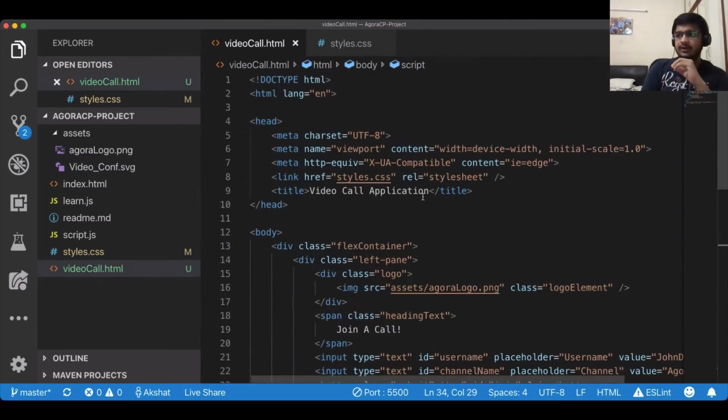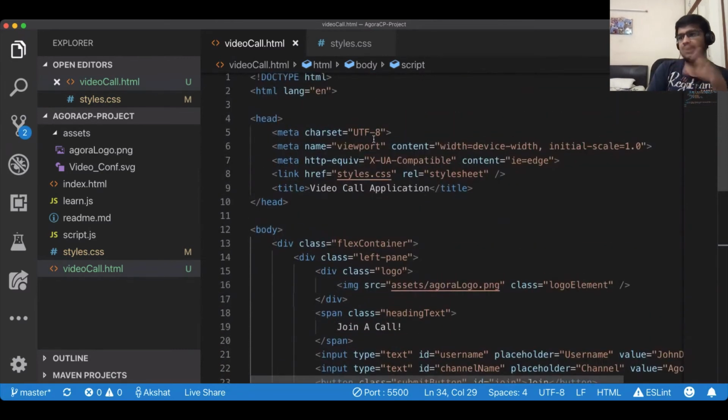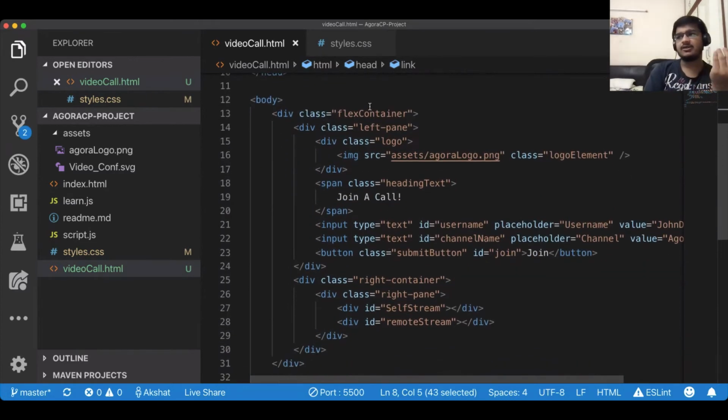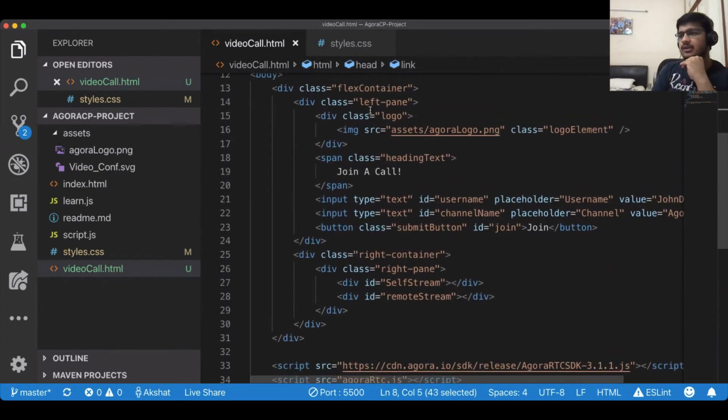Just a small recap. I have my HTML. There's the basic meta tags, and in addition to that, I've linked my CSS file. This is my title. I have a flex container with some padding which I just added, and a few more stuff like flexbox because I needed two columns inside as well, and there were different rows with logo, title, input fields, submit button.